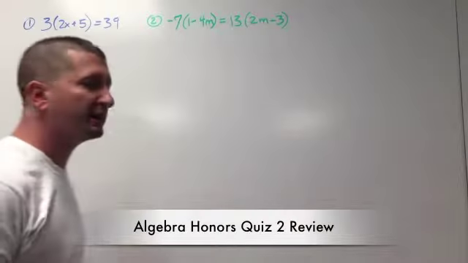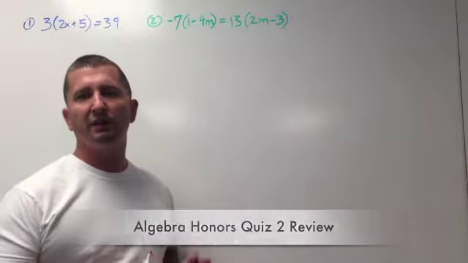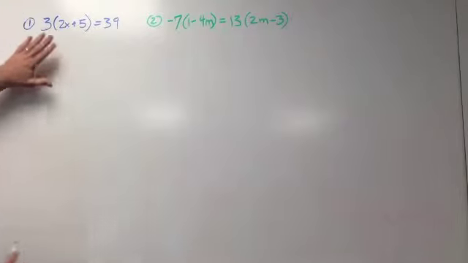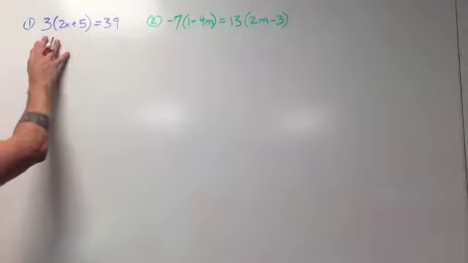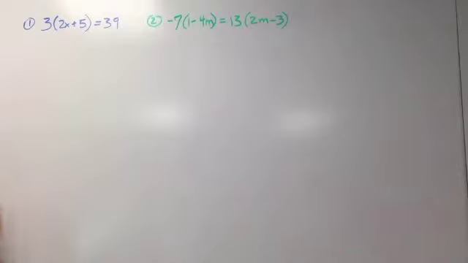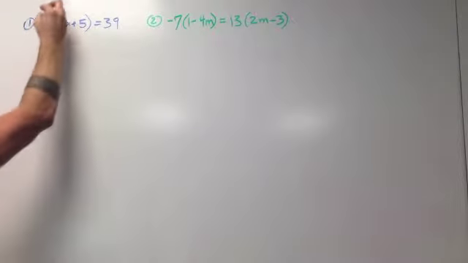For our second quiz, I'll do 5 examples, and they're a variation of different problems we've done throughout the last few weeks. Our first example, we have 3 times the sum of 2x and 5 equals 39. In this problem, we're going to need to distribute